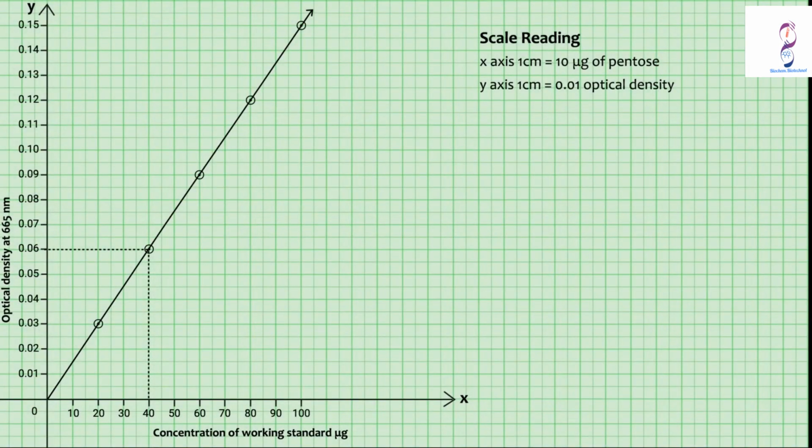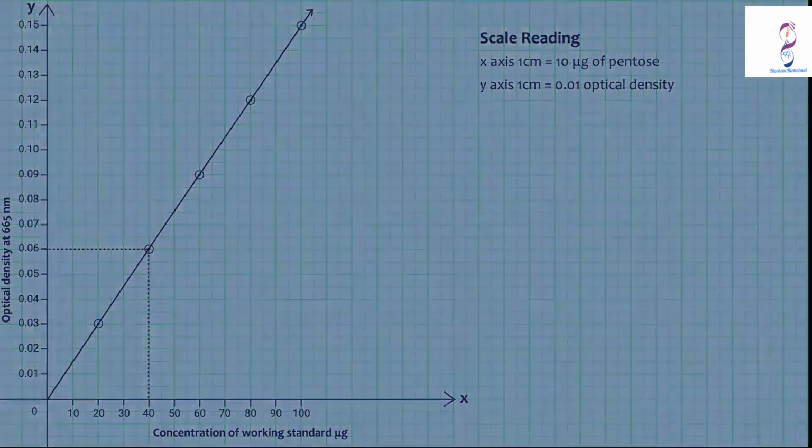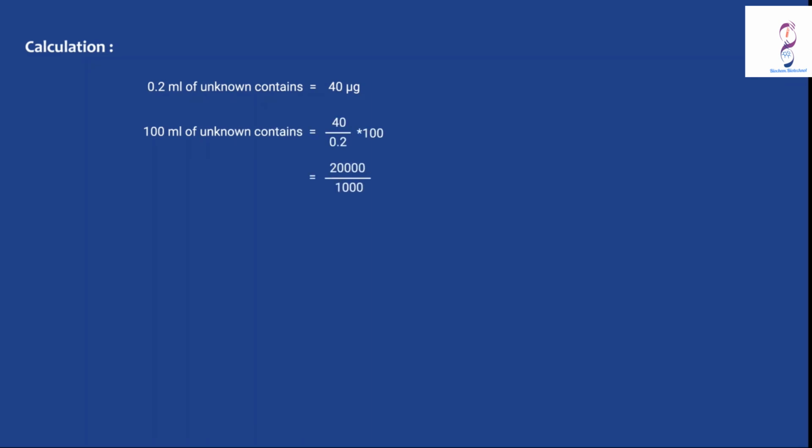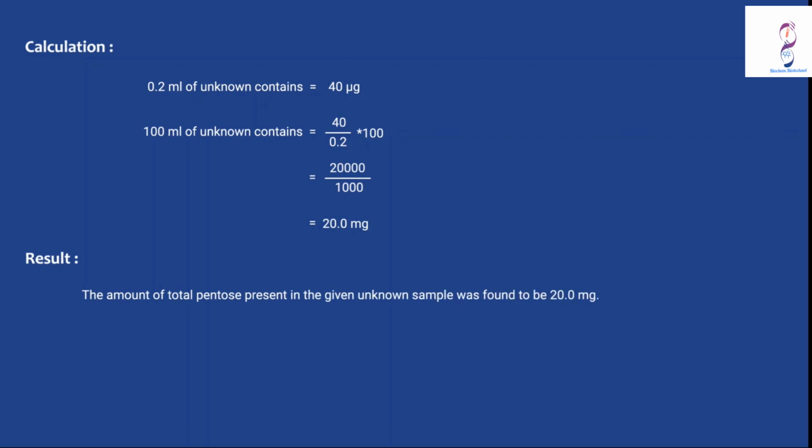You can see the graph, concentration of working standard in micrograms, plotted against the optical density. You can see the slope. So 0.2 ml of unknown solution contains 40 micrograms, so 100 ml of unknown solution contains 20 micrograms. So the amount of pentose present